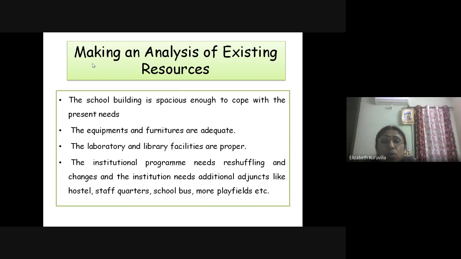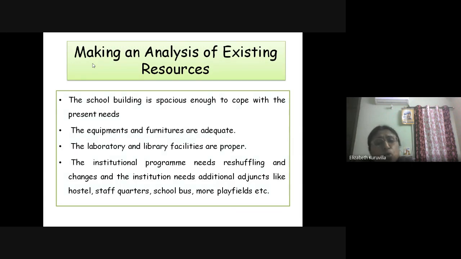You have read nicely. So here, what are the existing resources? First, we have to think about the space concept. Suppose we want to make an additional building or extension, we have to think whether there is enough space. In the Delhi context, the limiting constraint is the lack of space. Storied buildings are increasing, but it may not be safe at all times, especially for children. So, whether the building is spacious.